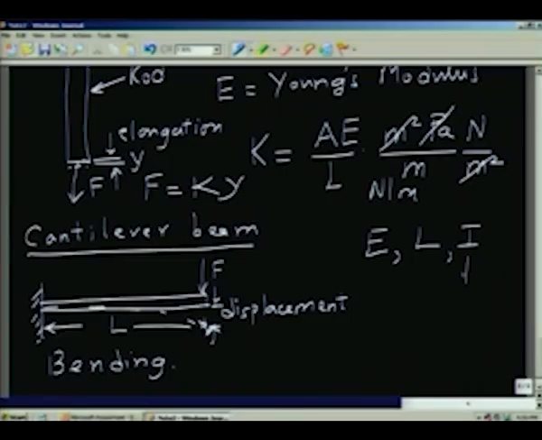and we know from our study of bending, the case of a cantilever beam or the bending of any element like this, that the moment of inertia of the cross section is going to play an important role in determining the stiffness of the system. So, I is the moment of inertia. I am sure all of you know all these things from your course on strength of materials, where you will have learnt about the bending of beams and so on.